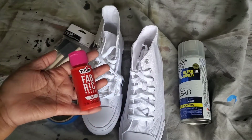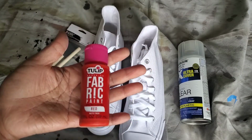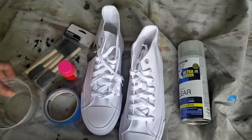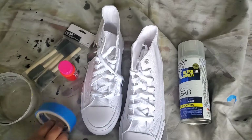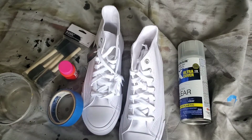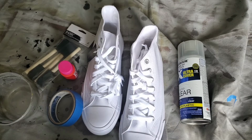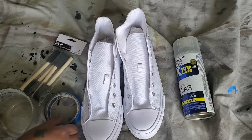Blood splatter red. So I used fabric Tulip paint and just got some 99-cent paint brushes and a bowl just to kind of dilute the paint a bit, and some painter's tape because I didn't want to bloody up the soles too, because these sneakers are pretty cheap. They're not expensive sneakers, so the soles will just look kind of pink after a while, so I didn't want to do that. So first thing I did, took the laces out,